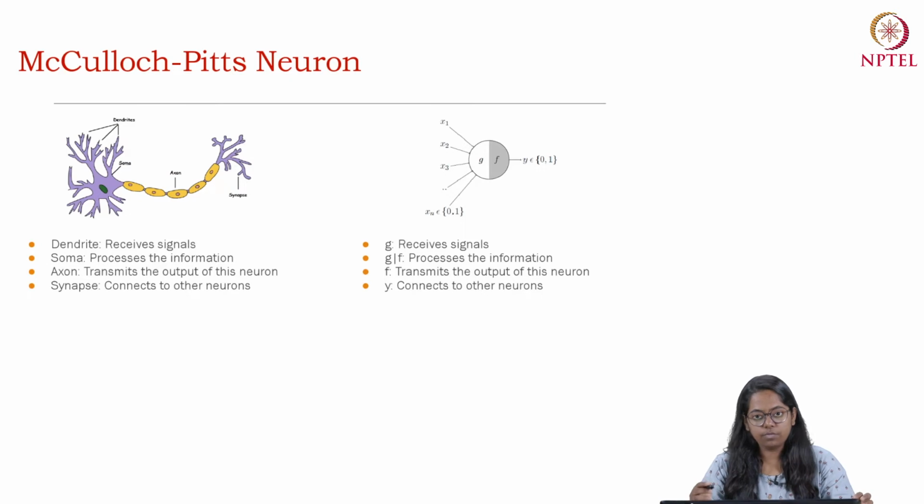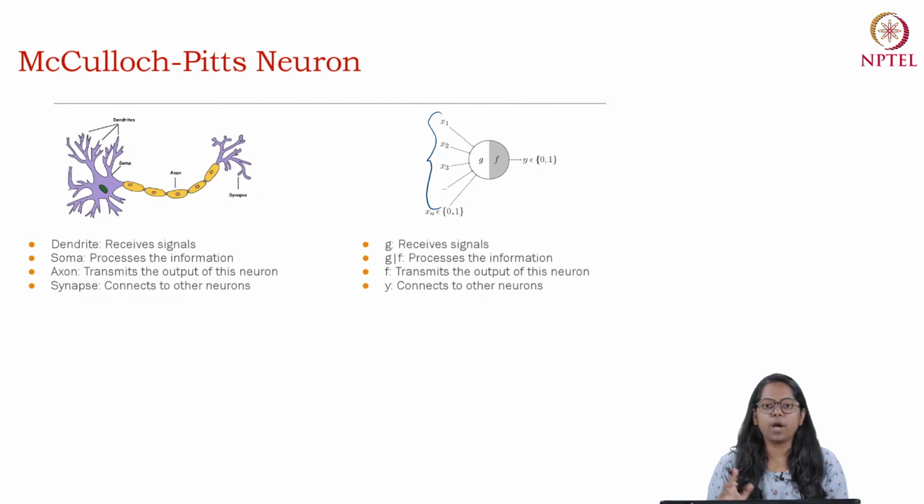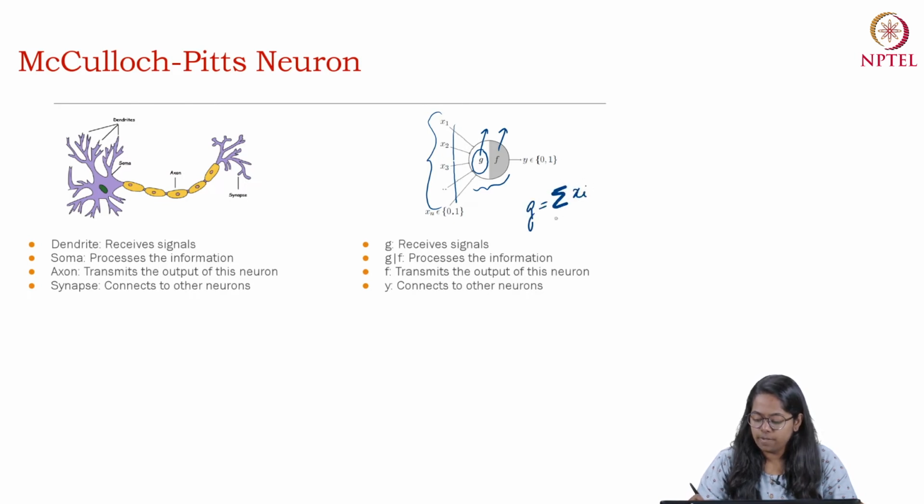So in this model, we have some inputs, these x's, which are basically binary inputs. That is, each of the inputs can take up a value of either 0 or 1. Then these inputs are passed on to this processing unit, which has some g and f. These are basically two functions, where g is the aggregated sum of these inputs. So g is basically the sum of all the xi's, where i goes from 1 till n,